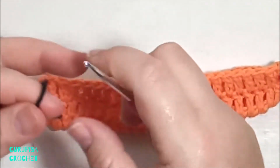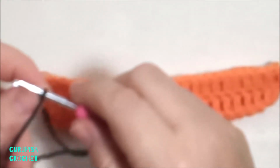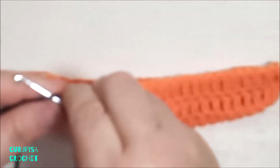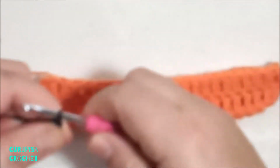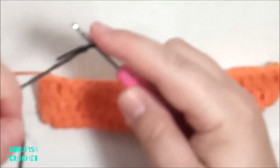And on top of these stitches I'll switch to black yarn, do a slip knot,